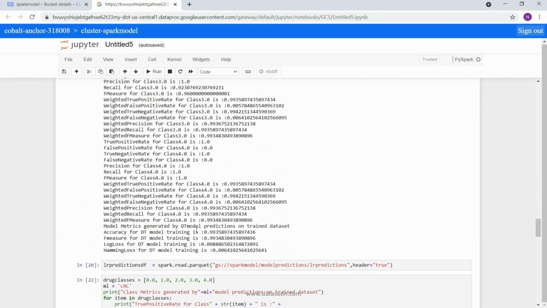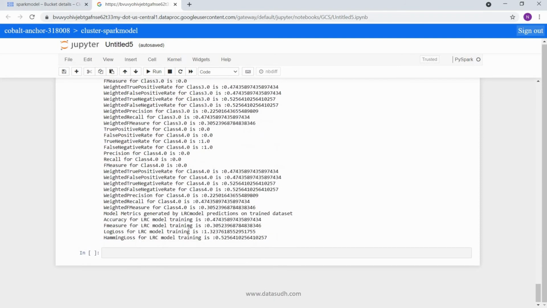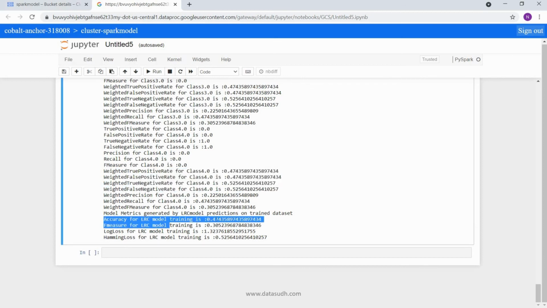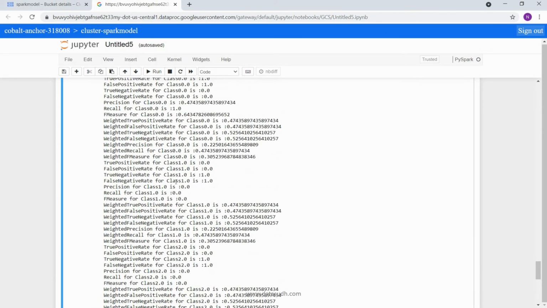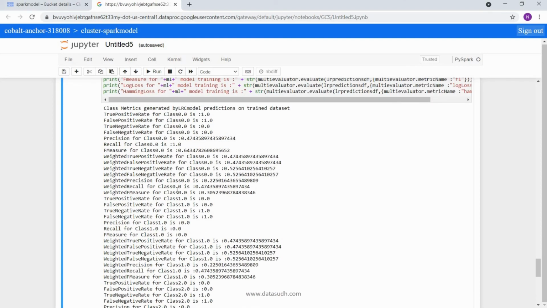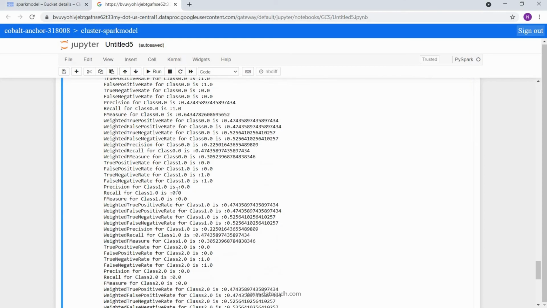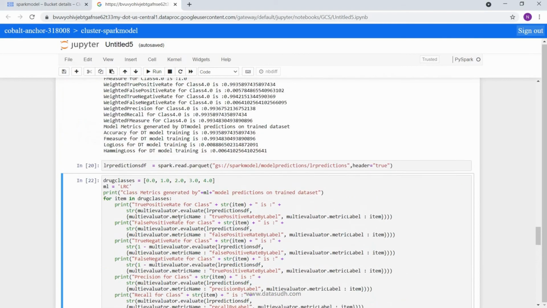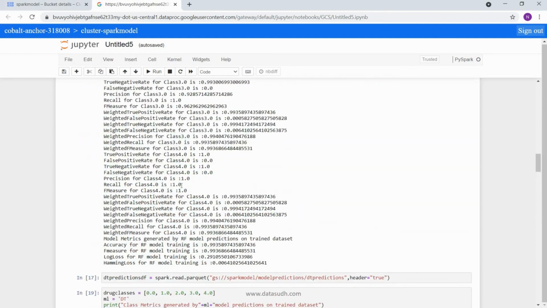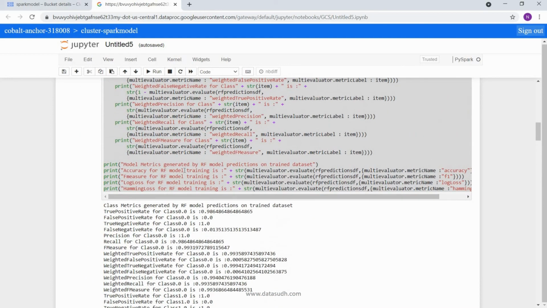Okay. But if I look at my logistic regression classification, even without looking at my respective class metrics, I can see that my accuracy for LRC model is below 50%, which is not a good outcome. That means that logistic regression classification was not able to identify the right outcome with the data set provided, and this is not the right algorithm for our use case. So I am going to use the random forest model which has provided the best results for our data set to score the test data in the next lesson.